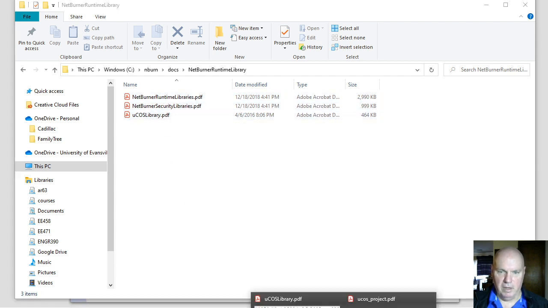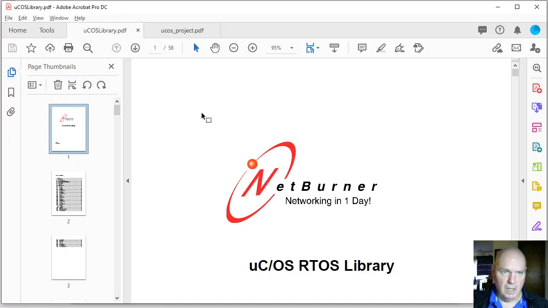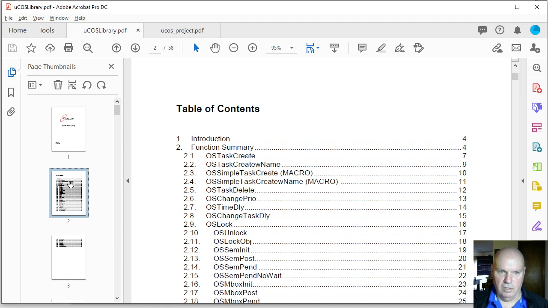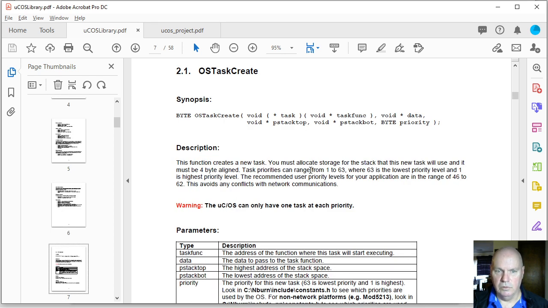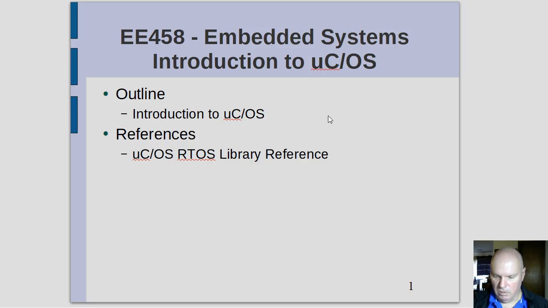I've already got that MicroCOS library open here in my PDF viewer. I'm using Adobe Acrobat Pro, the free edition. One of the nice things about this particular PDF viewer is that when you go to the table of contents on the second page, you can click on any of the functions, and then you'll jump directly to that documentation. So again, we'll look at OS Task Create here soon, and I'll be jumping back and forth between the lecture and the documentation. So continuing with the lecture,